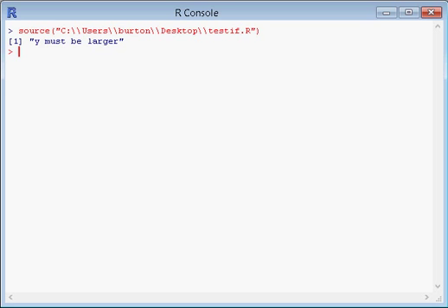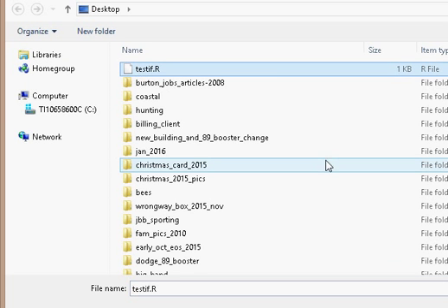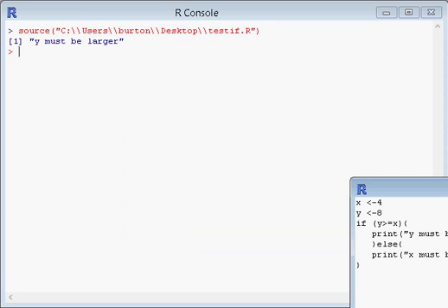We could do the same thing and read from the user if we wanted to. We can go back and modify that. We're going to open script, and we'll bring up Test If, select open, and then instead of having y be 8, what I'm going to do is read this from the user, and I'm going to ask them to enter a number. So I'm going to say as.integer, and then I'm going to say readline, because we need to read it in as a number and not as a string value. And then we're going to prompt the user,